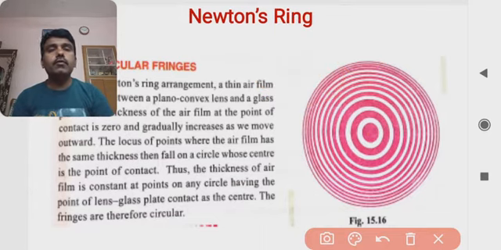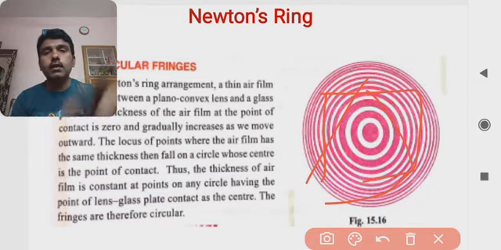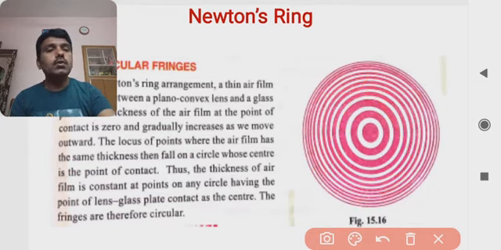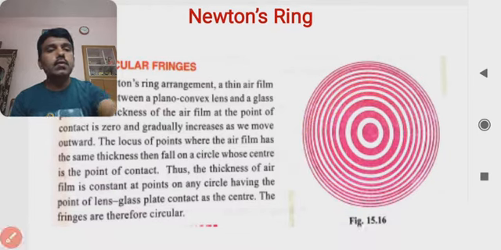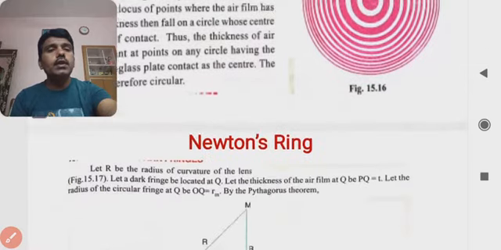अँड दॅट्स वाय वी विल फाइंड द सर्क्युलर फ्रिंजेस, डार्क अँड ब्राईट इंटरफरन्स फेनोमेना इन दिस रिंग फॉरमॅट. आणि म्हणून न्यूटनने सुद्धा ह्या एक्सपेरिमेंटल सेटअपला न्यूटन्स रिंग असं नाव दिलं. That is the case where we are getting it, why it is not a square or a triangle. It is due to the point contact that the fringes form in a circular way, and this is the case where the circular fringes are going to occur.